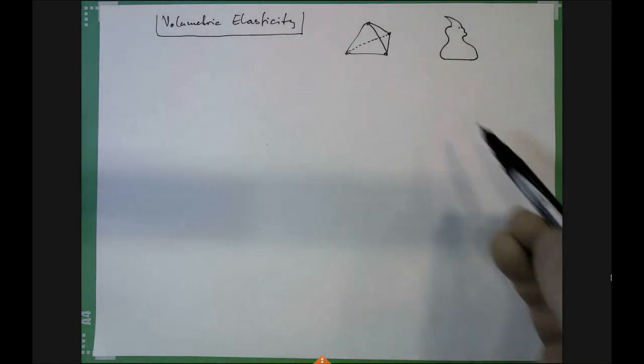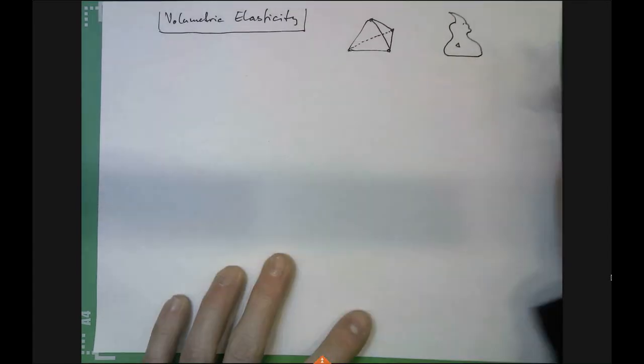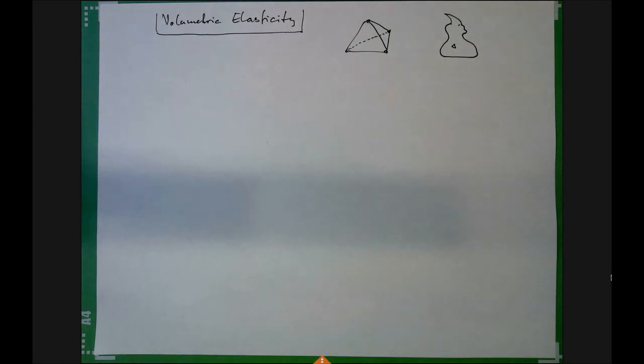If I'm looking at one small piece of that elastic material, that's essentially my finite element. Mathematics would want it to be infinitely small, but we don't really want that, so we will just assume it's finitely small, but really small, just a tiny piece of a material,